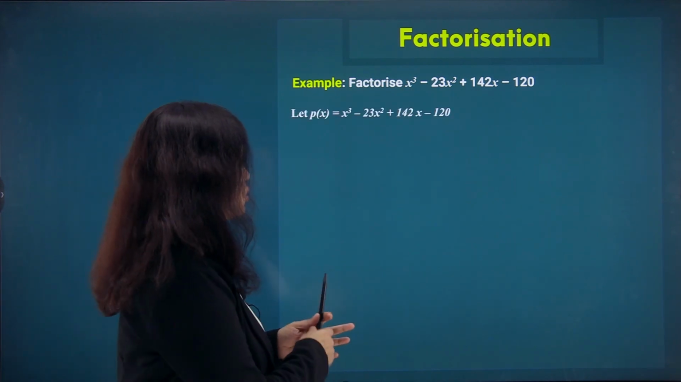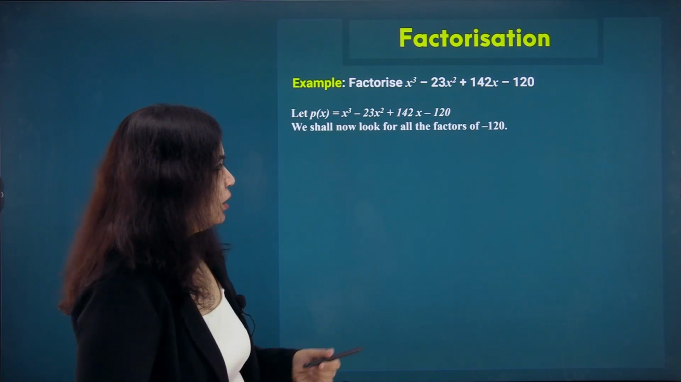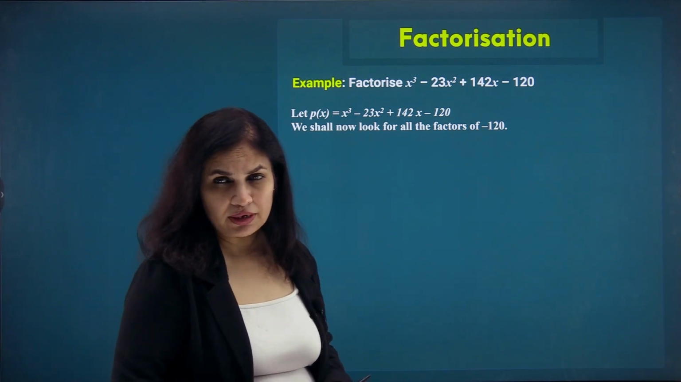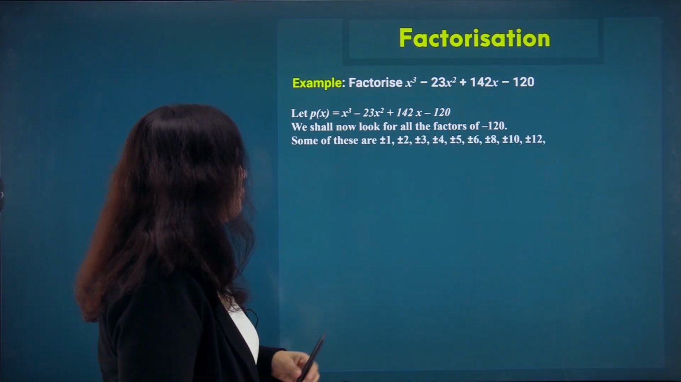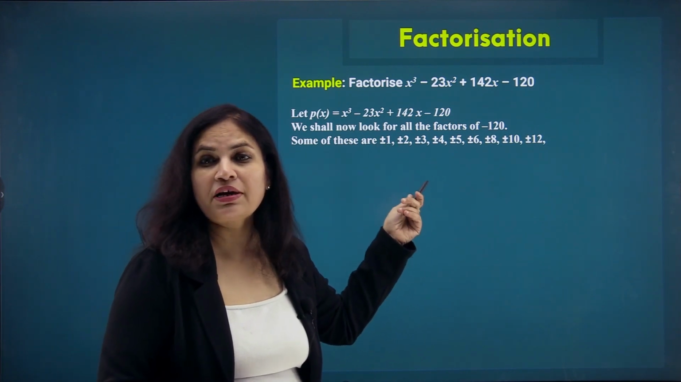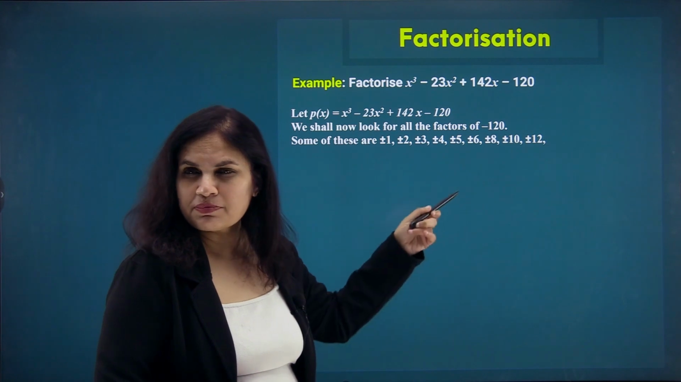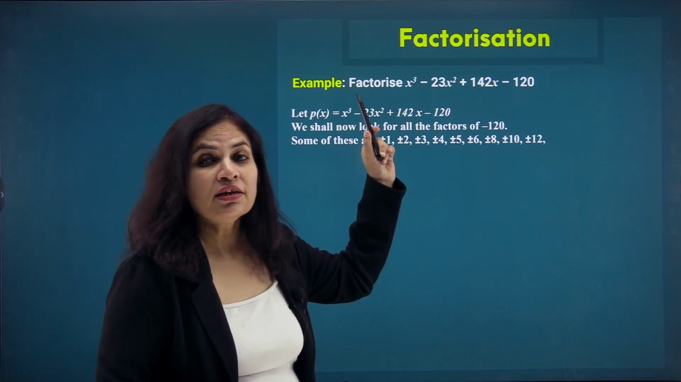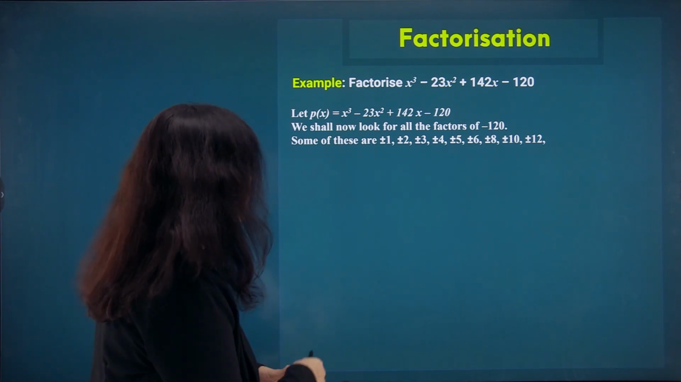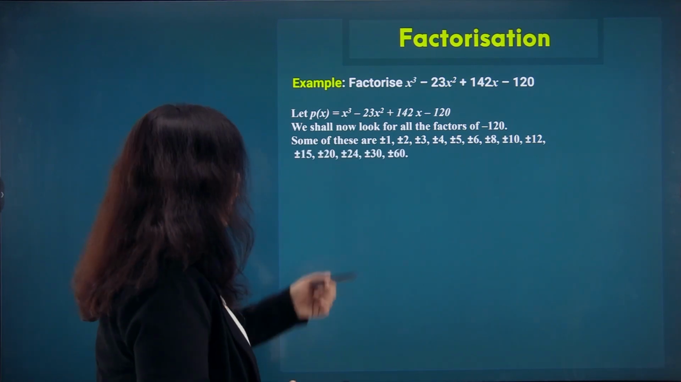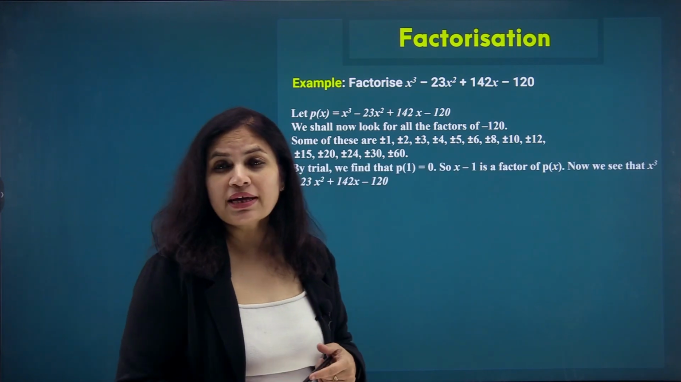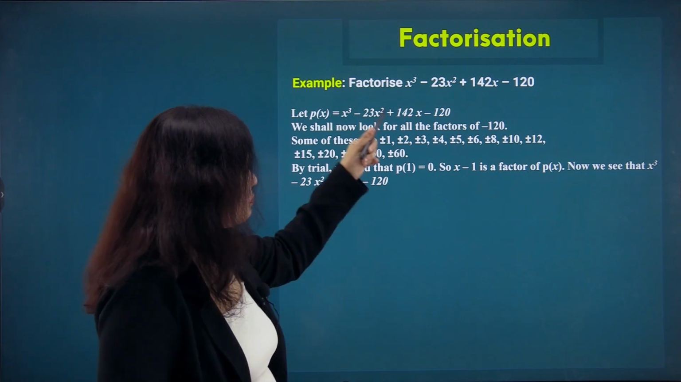Now by inspection, we have to look for all the factors of minus 120. Some of these factors are plus minus 1, plus minus 2, plus minus 3, plus minus 4, plus minus 5, plus minus 6, plus minus 8, plus minus 10 and plus minus 12. Now what to do next? By trial, let us start with plus minus 1. Starting with plus 1,